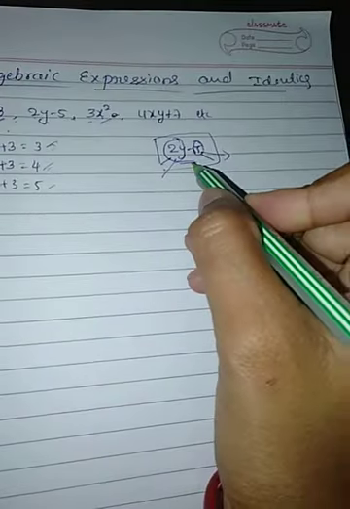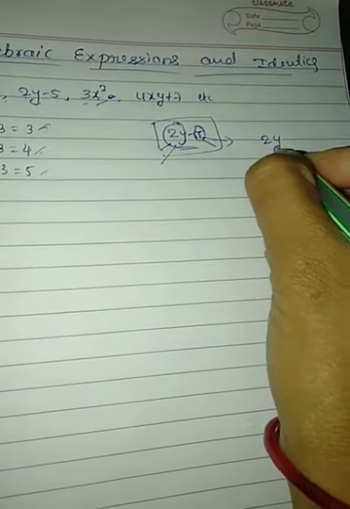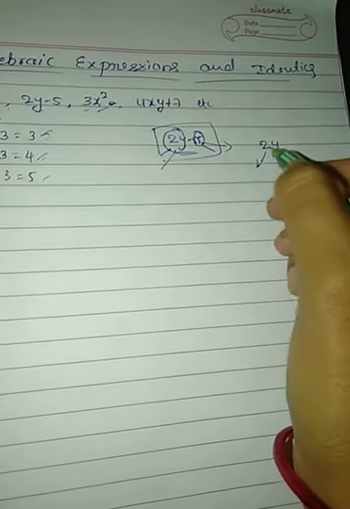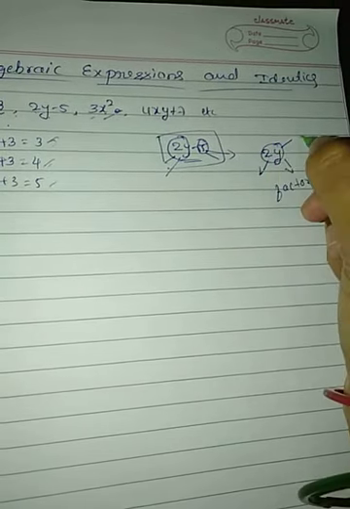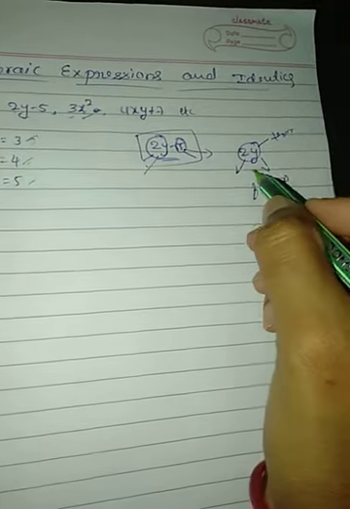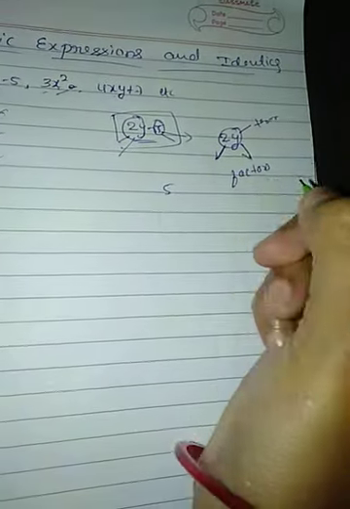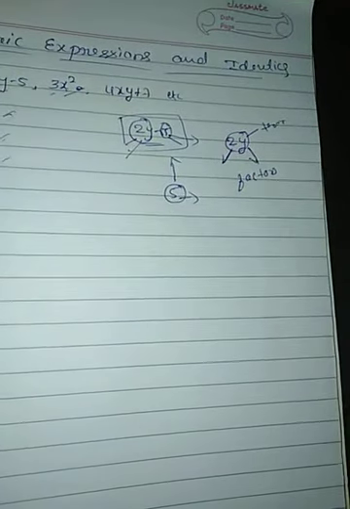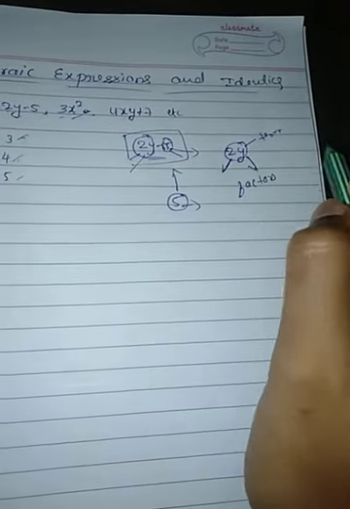Usually terms are formed as the product of factors. You see here that 2y is a term. This term is formed by the product of the factors, that is 2 and y. The 2 and y are called factors. And the complete 2y is called a term. This term is made up of two factors: one is 2, another one is y. And the second term is 5. 5 is a constant, but here the factor is only one. Here 2y is a term and this term is made up of two factors.